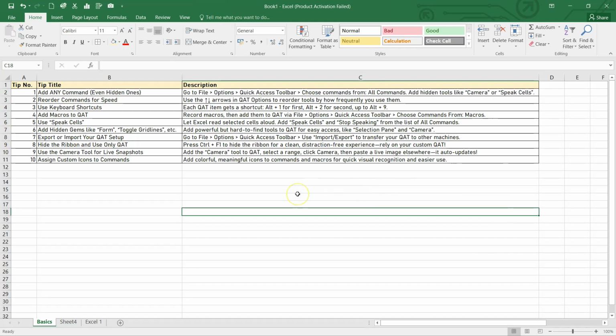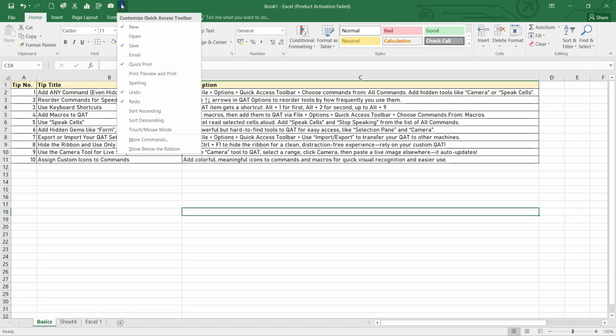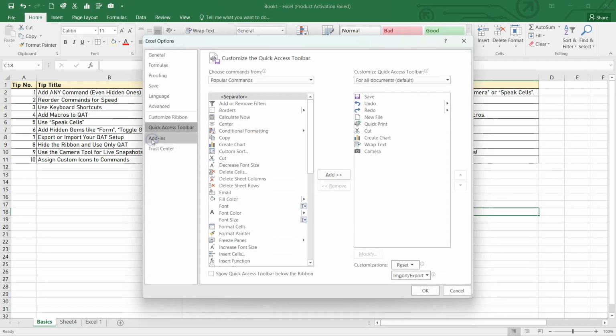Now, moving on, some other commands that you can do. You can also reorder your commands, whichever you have given in your Quick Access Toolbar, in order to speed up your game. So if you want to just rearrange where and how the commands to be used, just in case and how you feel like doing, you can even do that. How can we do that? Again, let's go back to more commands. The panel will appear over here.